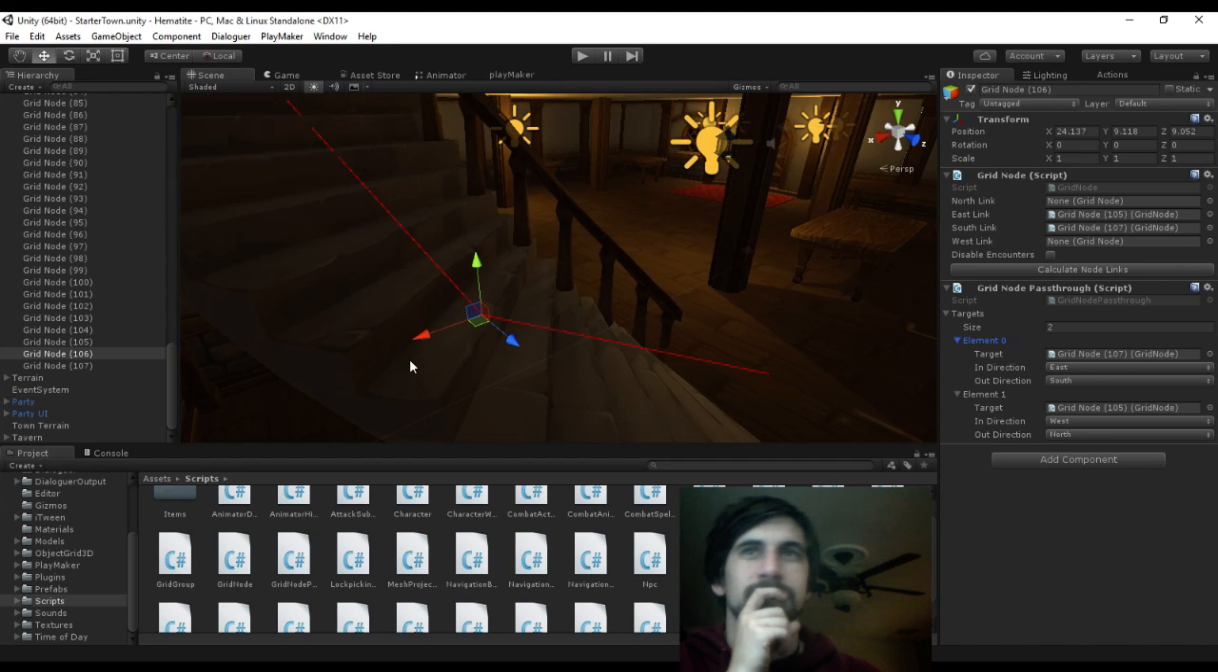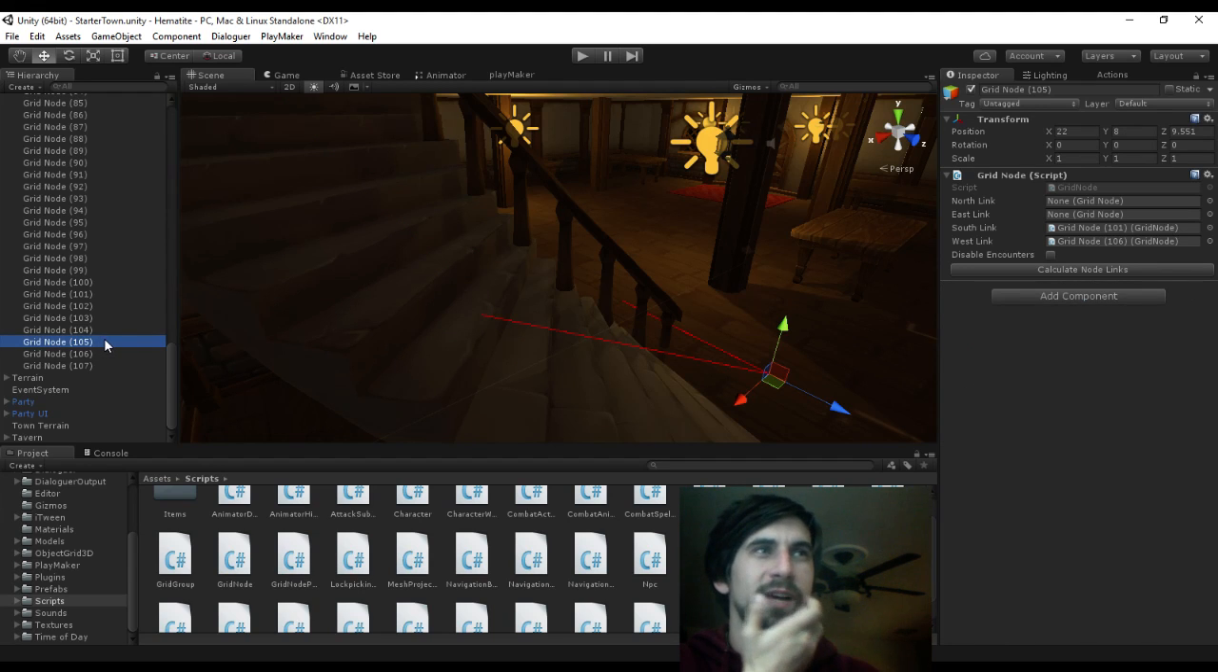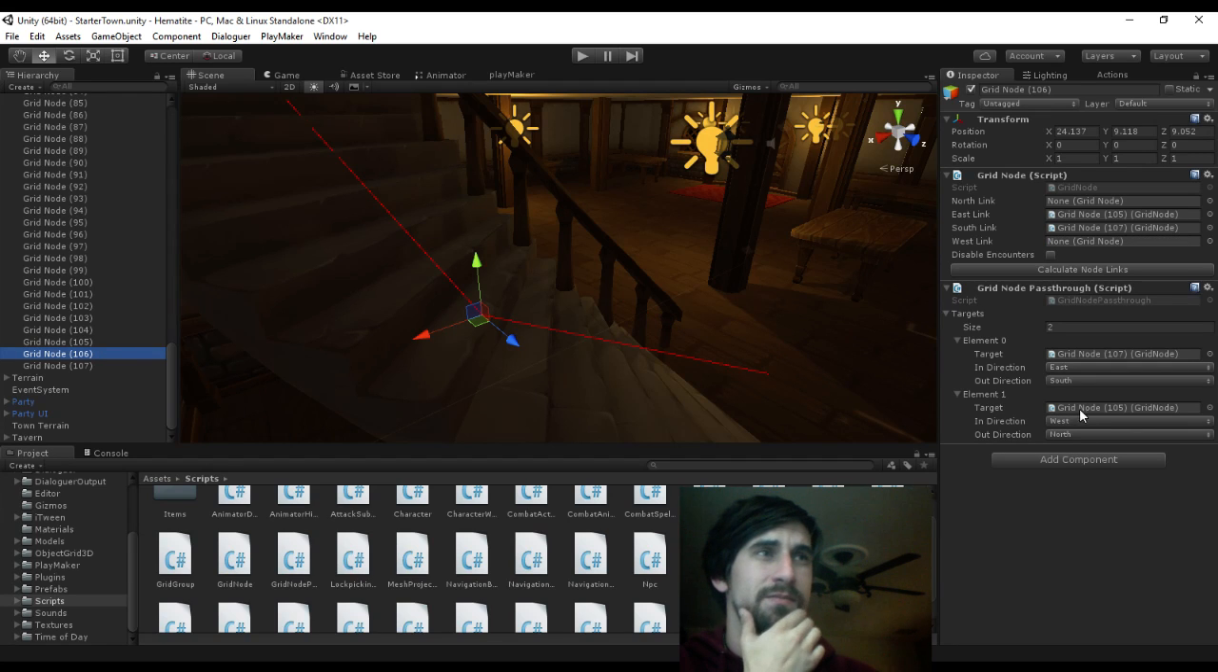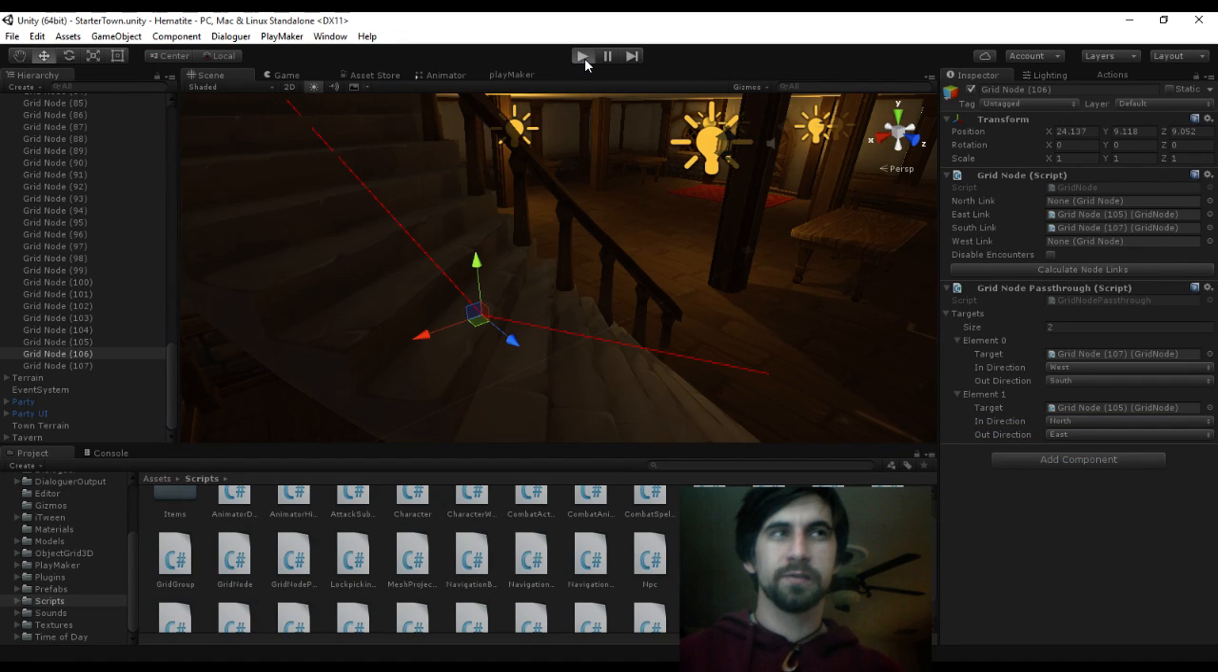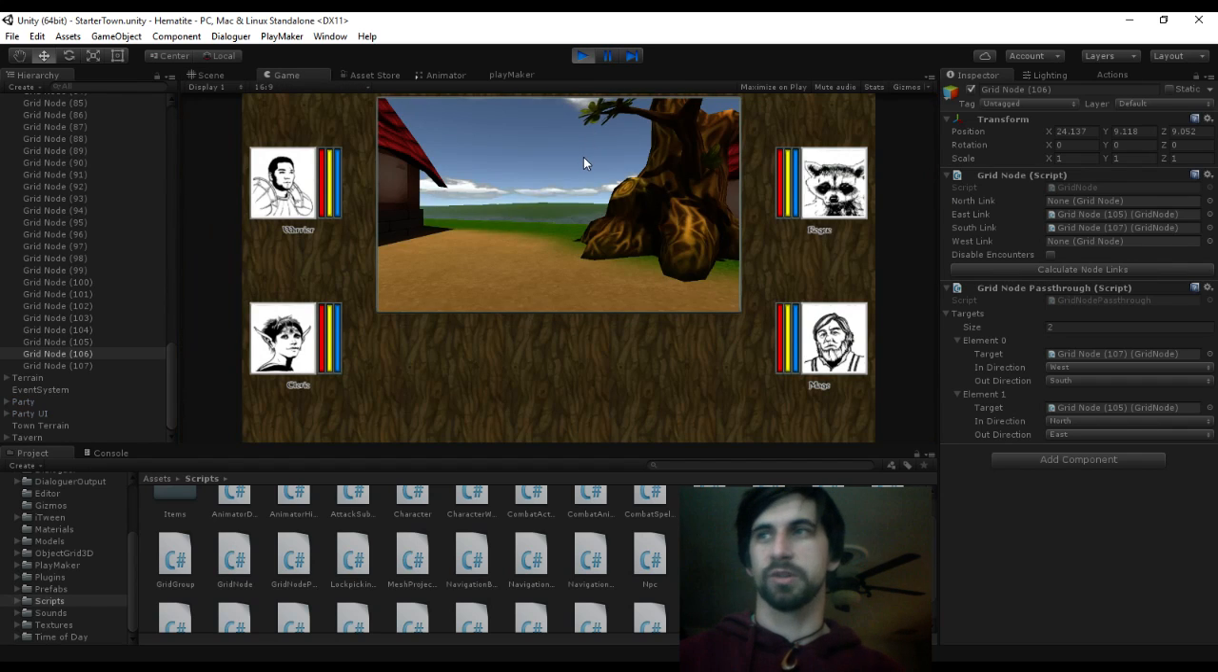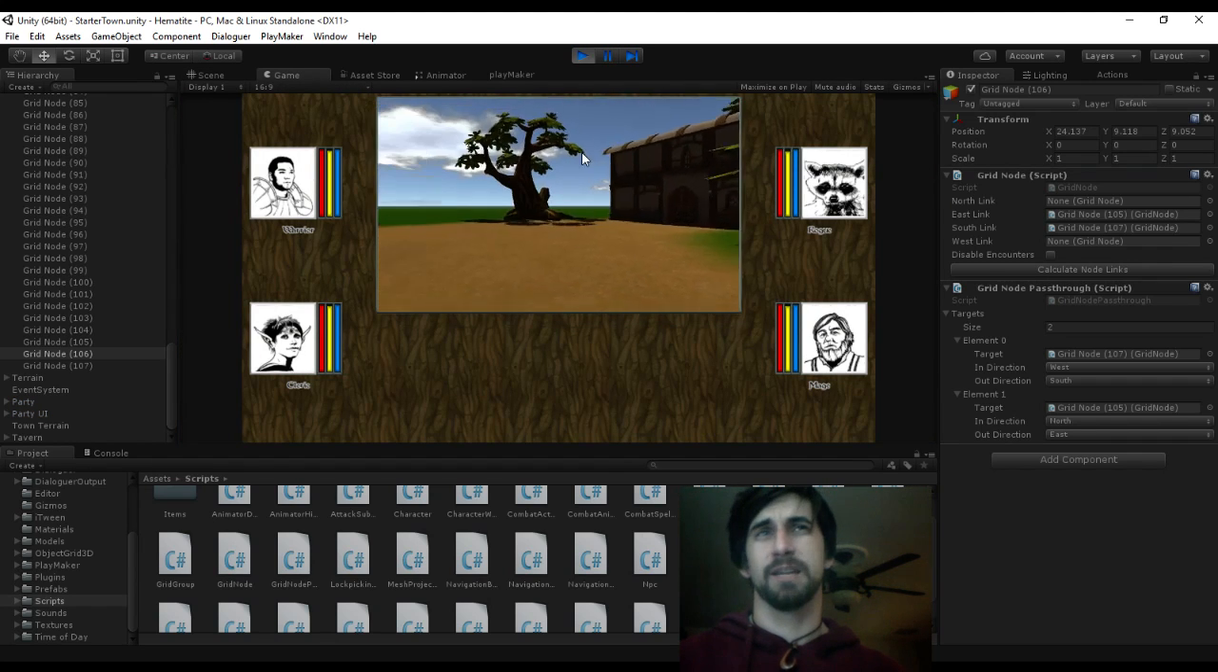let's see, from 105 to 106, you should be facing west. So we need to switch this. And we go from west to south. And here, you should be going from north to east. It's a little convoluted, but I've done worse. Not to say I'm proud of having done worse, but